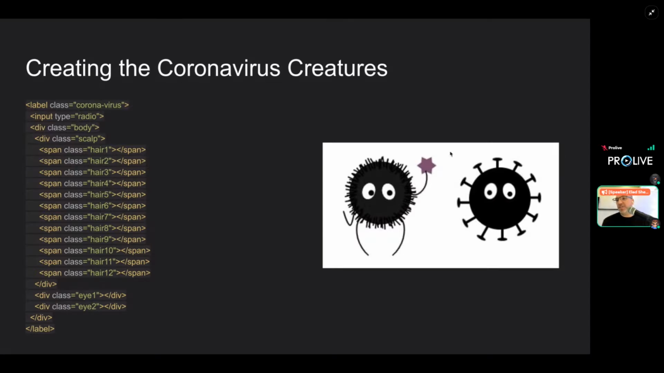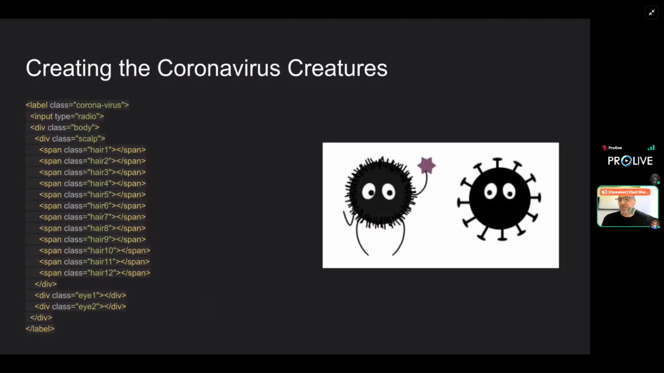But all the visual part of the coronavirus creature that you are seeing right now is starting inside the body. We have the body. Inside the body, we have those 12 hairs, and of course, both eyes. But from the beginning, I saw that I have a lot of repetition in my HTML code, like to create those 12 hairs, and in the real game, I have 100 viruses. And I didn't want to copy paste them one by one,